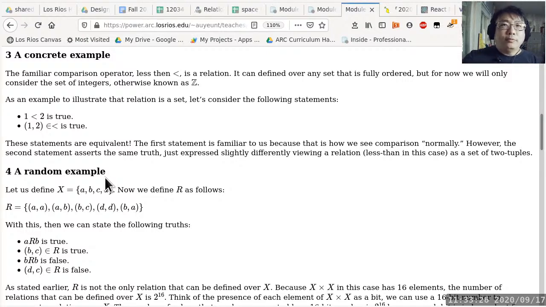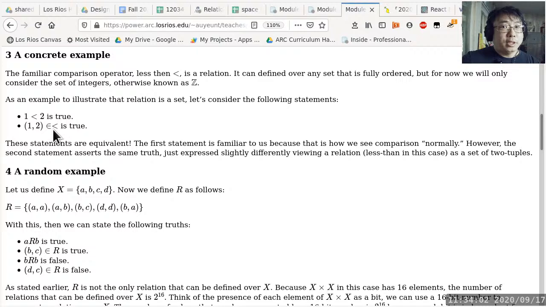One relation that we are all familiar with is the less than operator. Somebody's going to say, but less than is a comparison operator, it is not a relation. But it is a relation, because it says whether two things are related by less than. If I define a relation over all integers called less than, then 1 is less than 2 is true, but that's because 1, 2 as a 2-tuple